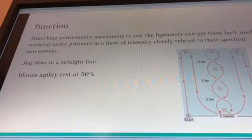Function, we are at the final stage here. The purpose of this is to mimic the performance movements, to test the ligaments and get them back used to working under pressure in a form of intensity closely related to their sporting movements. A brilliant way to start off is just to jog at about 50% intensity in a straight line. To begin with, just doing this 3 times a day, just to get the athlete used to jogging up and